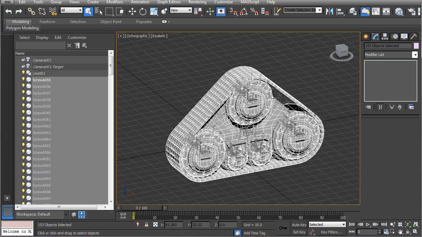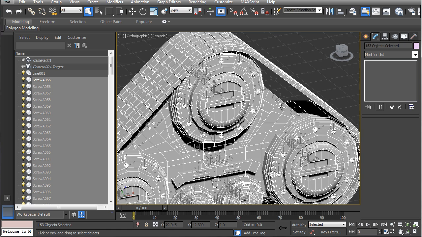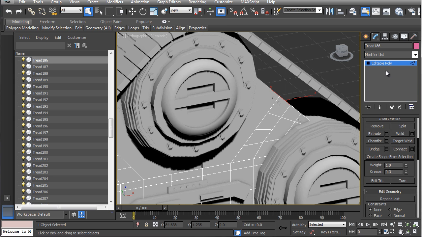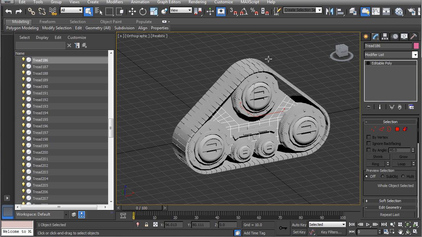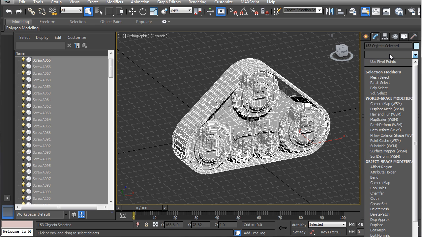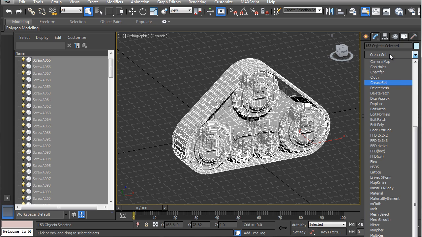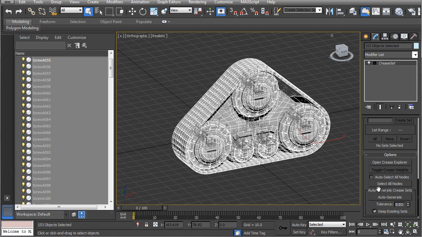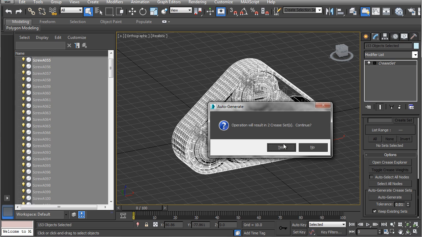Just as an aside, say you've done this and now all of your crease values are baked into the mesh. So if you select an edge here, you can see that the edge is a crease of 0.3. Let's say later on you want to get that information back out of your mesh. You can actually bake in the opposite direction. So if you put a crease set modifier here, and then go down to the very bottom under options, there's something called auto generate. And what auto generate will do is it'll look and find all the crease values that are inside of here, and it will auto generate